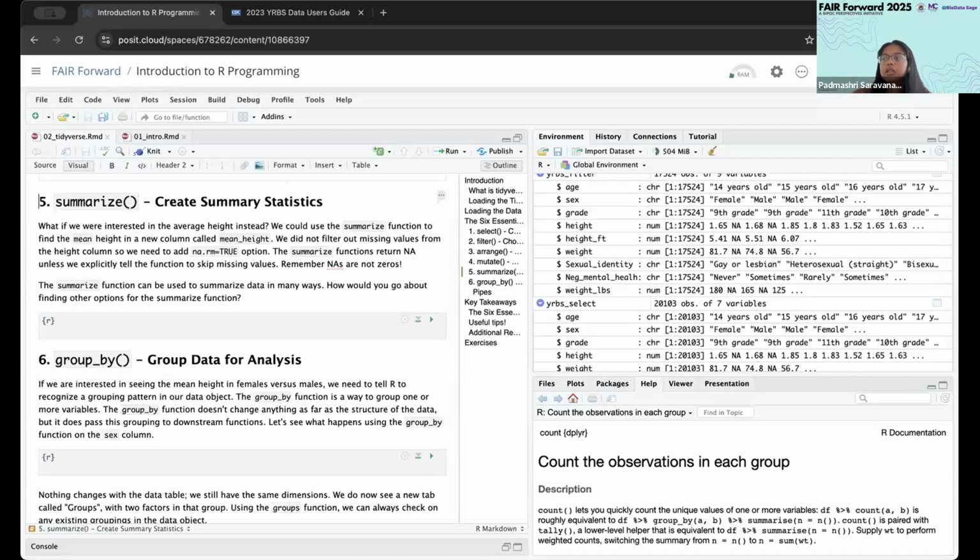Not, we can move towards the fifth function, which is summarize. And this helps you create summary statistics within your data set. So far we've sorted it in different orders. We've created a new column. We've removed things that we didn't want to see in the data set anymore. But what if we wanted to do an additional calculation or use different functions? And this time, what if we wanted to look at average height instead? So we can use the summarize function